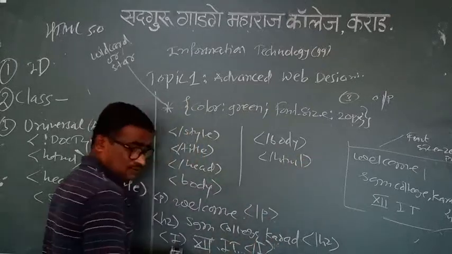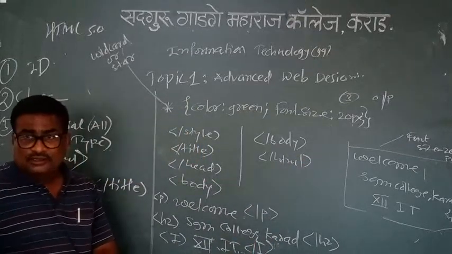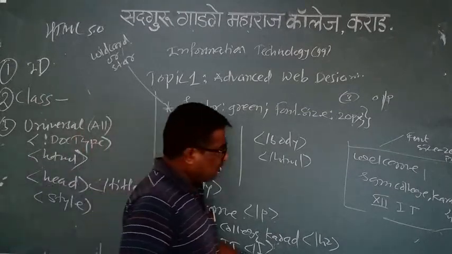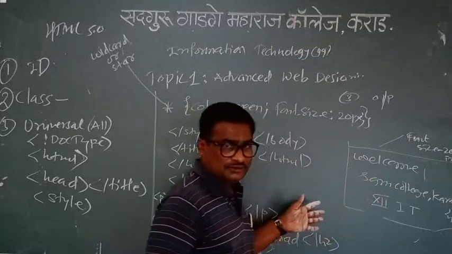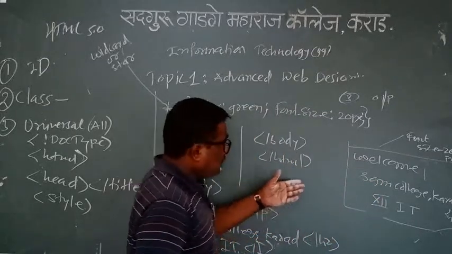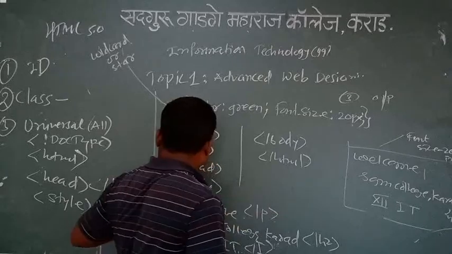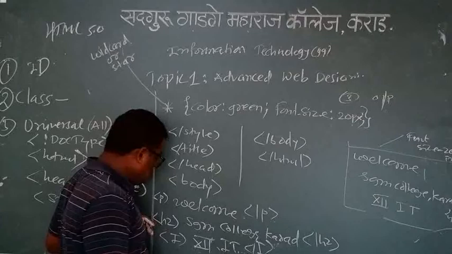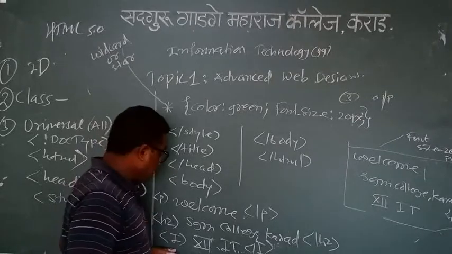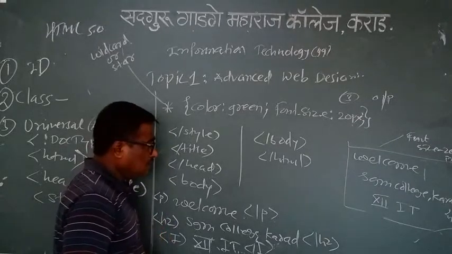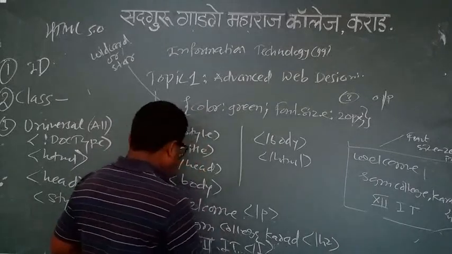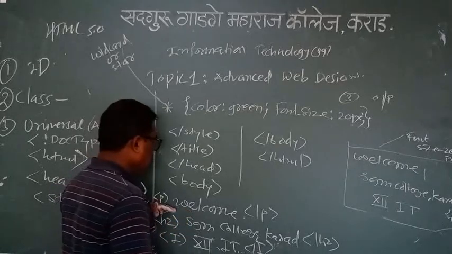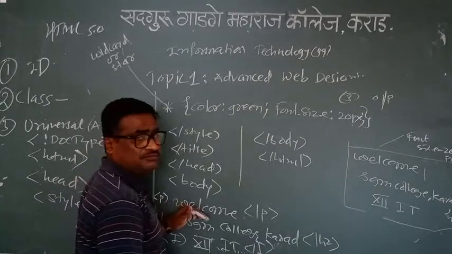Okay. See here, in this program, we have to tag the three texts on the whole web page. First text we have to apply here P tag, second text is in H2 tag and third text is in I tag. Okay. Then the output of these three texts is, the first text is written simply in P tag, welcome.